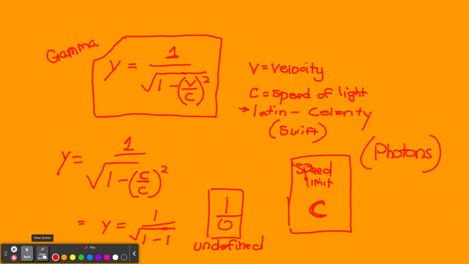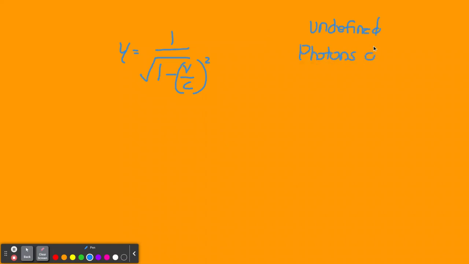All right, so let's clear that out. Use another color. Write the equation again. Let's try blue this time. So again, let's try to make a better gamma. Something like that. We'll just use that. So 1 over the square root of 1 minus, and we're going to use velocity over the speed of light squared. We already said that if we plug in the speed of light, we get undefined, which means that photons, which are light, do not experience